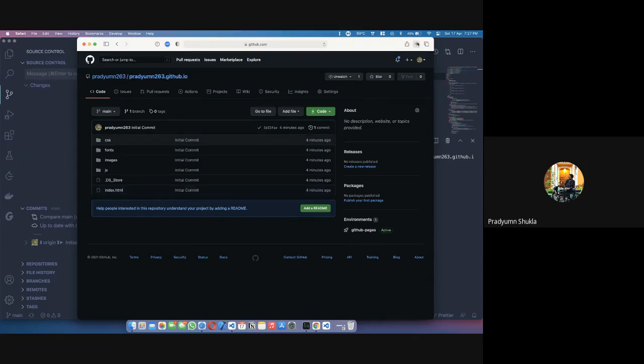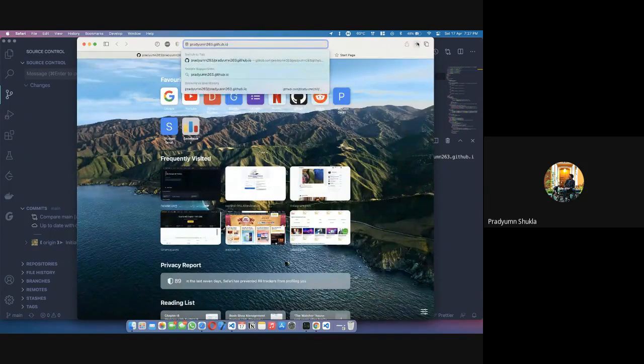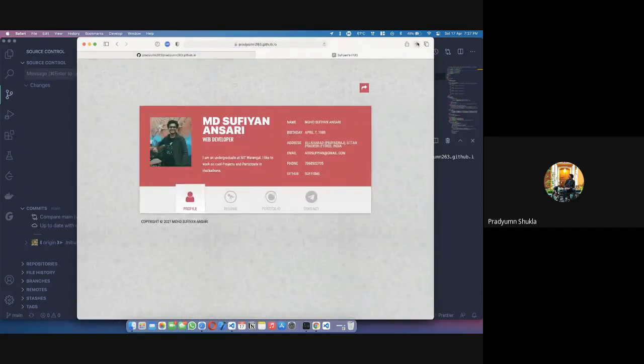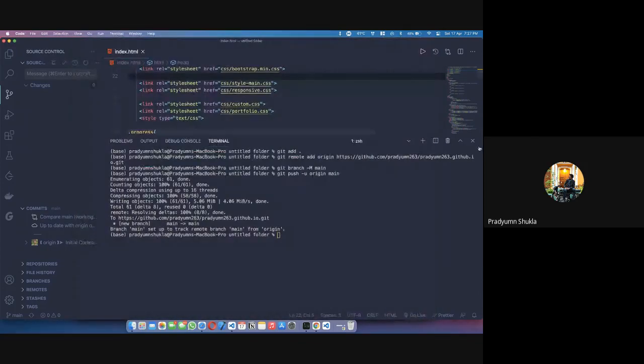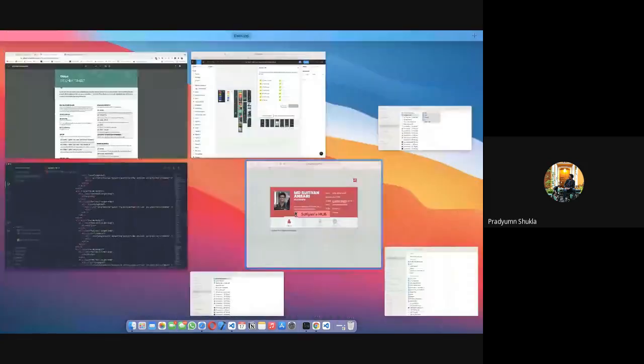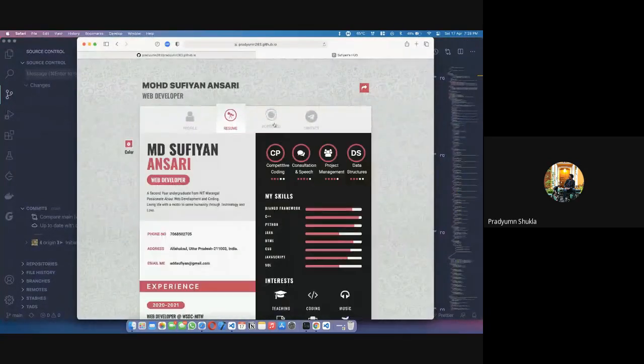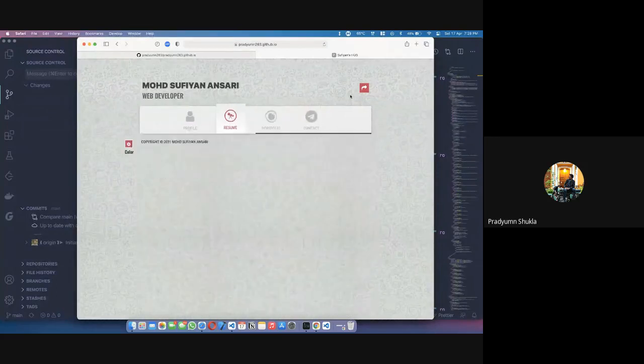So now let me just go to this website, .github.io. It might not update right away. Oh, okay, great. As you can see, this was the local code which was written by Sufyan. This is, for example, his portfolio website where he has his resume, his portfolio projects, everything.